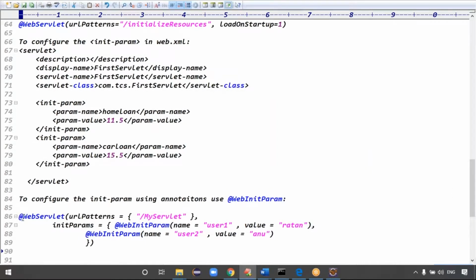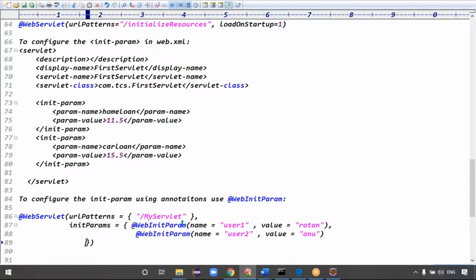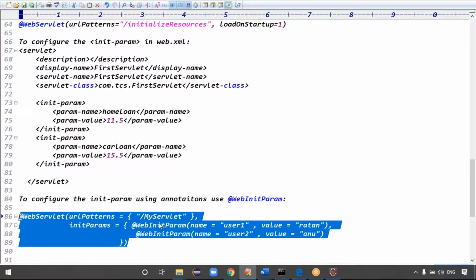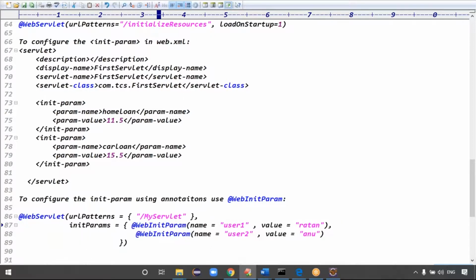See, the WebServlet contains the urlPatterns attribute and the initParams attribute. That initParams attribute contains the WebInitParam annotations. Is it clear now?